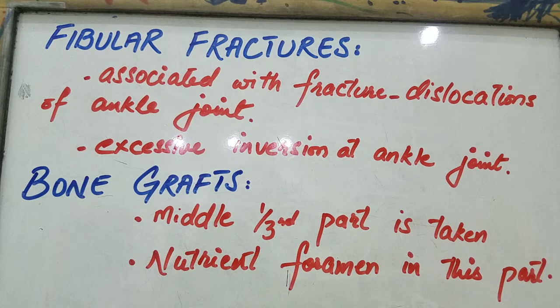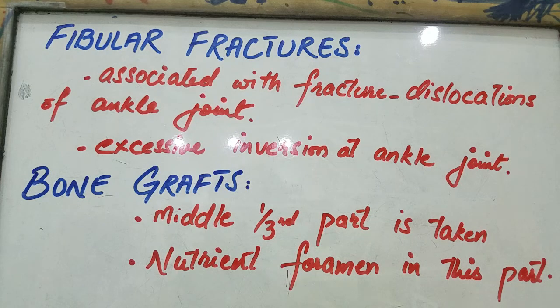And the reason for that is that the lower part of the fibula gives stability to the ankle joint, right? And in the upper part of the fibula you have a nerve around the neck of the fibula, right? The common peroneal nerve. So one reason is that we take the central part, the middle 1/3 part of the fibula, and even if we take it out, it does not affect the mobility of the person at all.